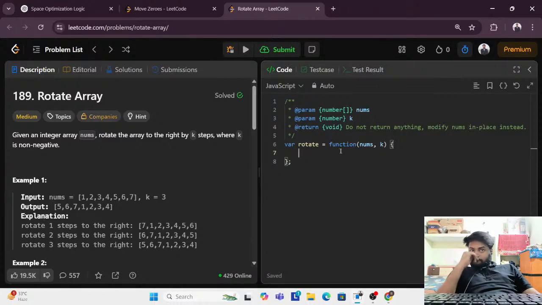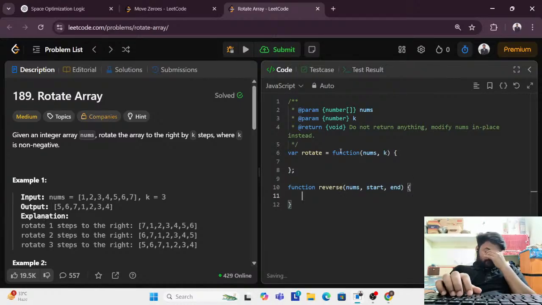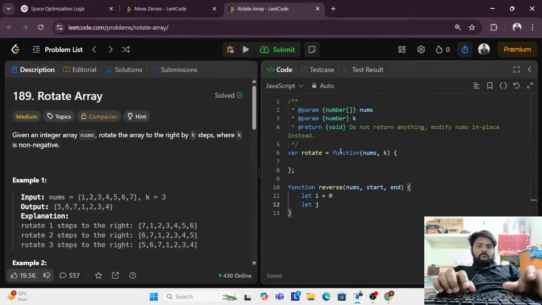Okay. Suppose I'll try to, let's write a function. It will take nums and the start and the end, right? This must be 0. Not j is equals to... okay, so it is already